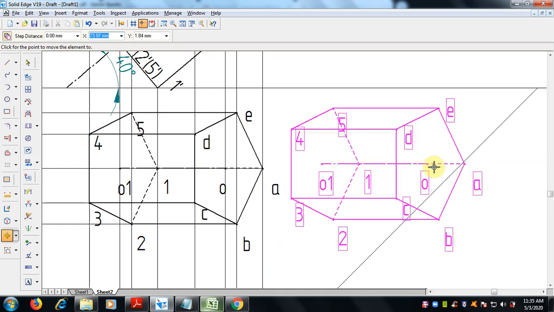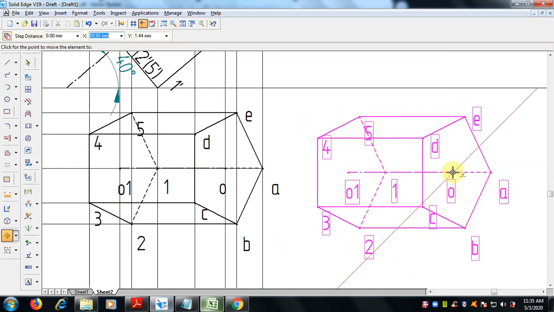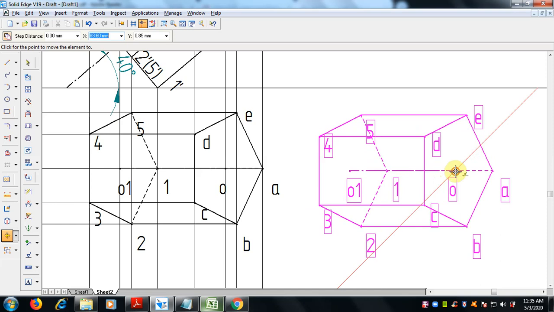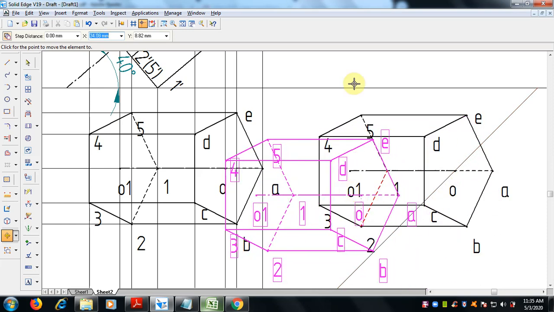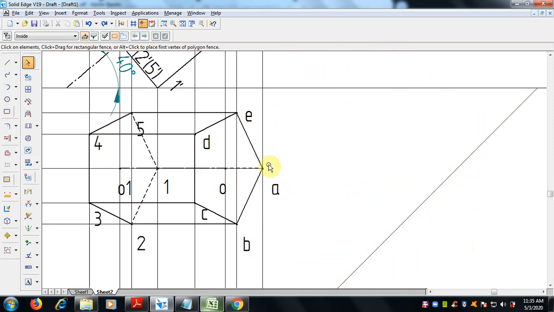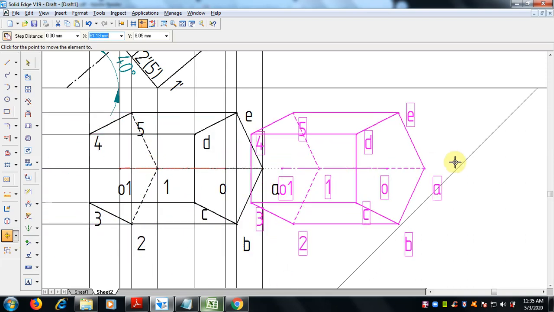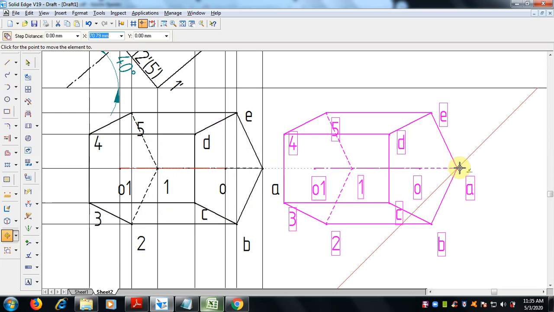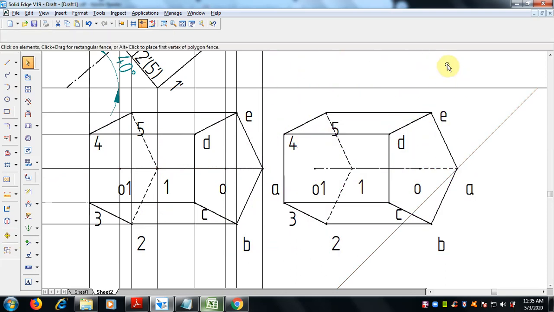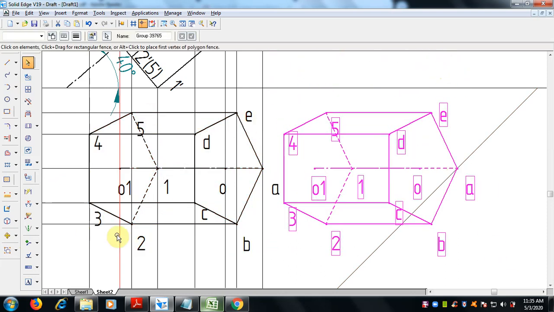So now since I have selected axis, I can keep the axis here. If you are having confusion, you can select E also directly, no issues, since they are all in the move command. Select this and select this A, because A, O1 are lying here only, so keep A here. So that is the best option. If you want, you can make it to avoid confusion.